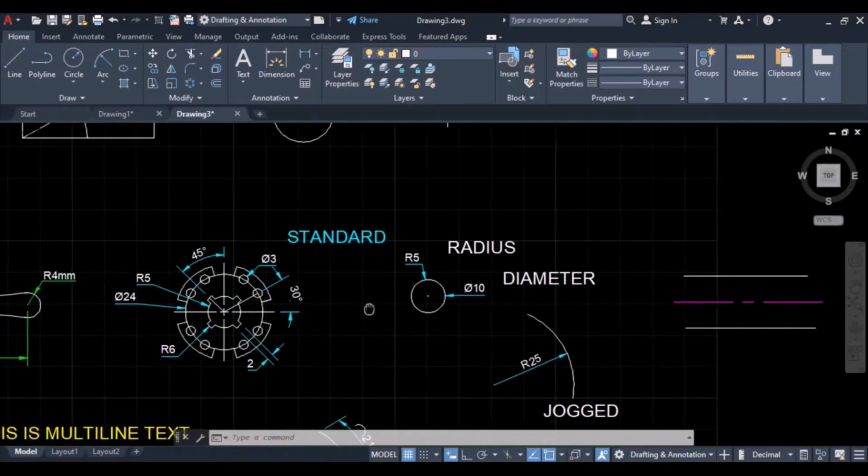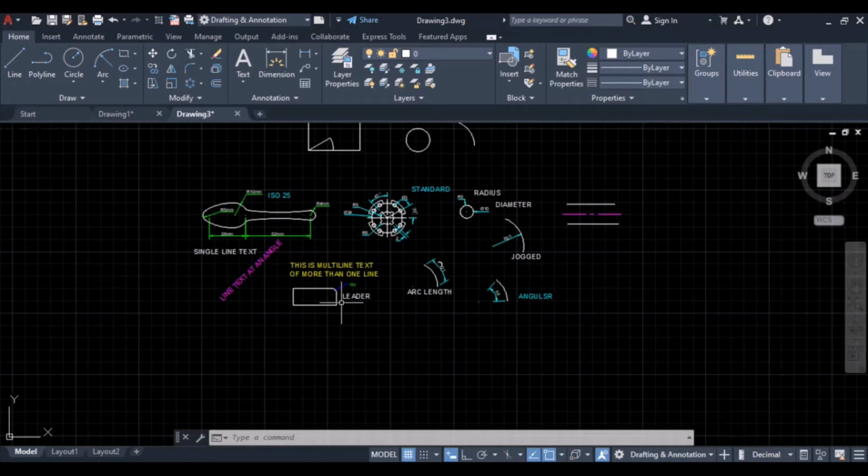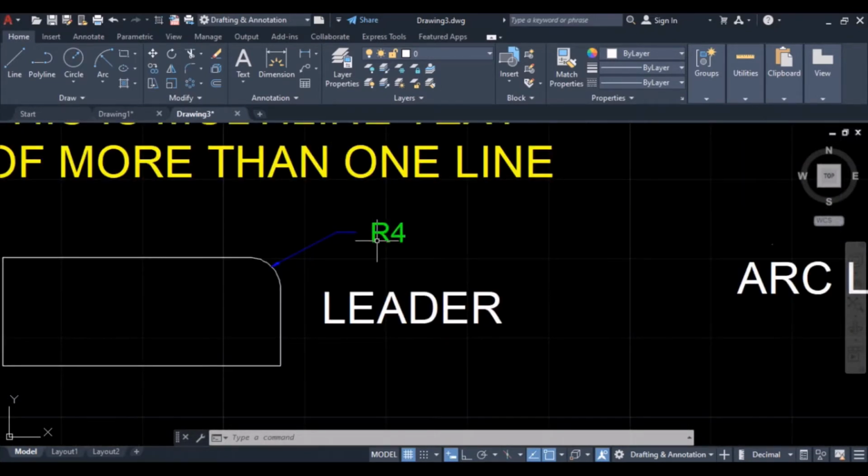It also includes adding a center line between two lines that can be parallel or drawn at an angle, and adding a leader line to a circle, a straight line, or an arc.